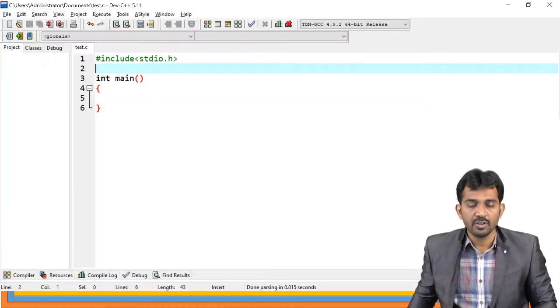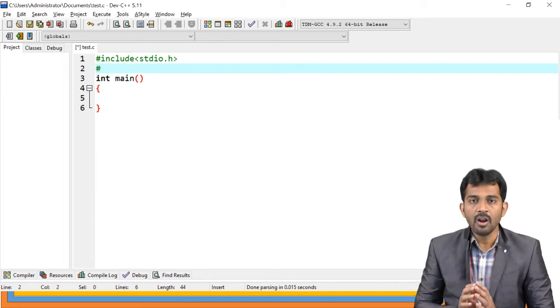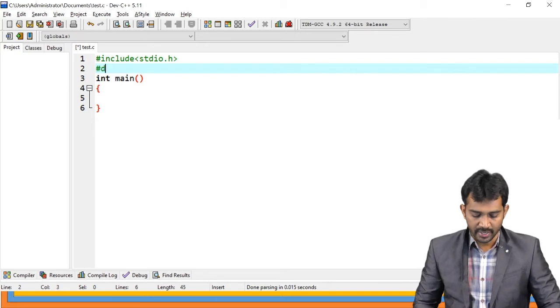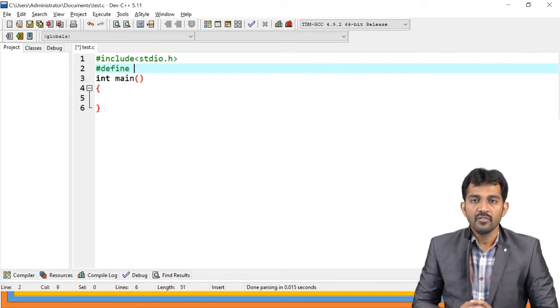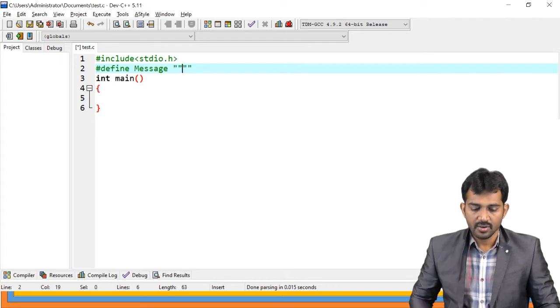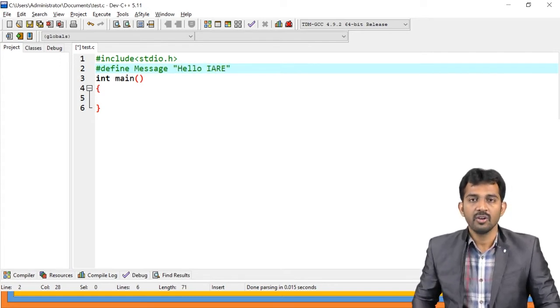For example, if you are going to define something, remember all preprocessor directives start with a hash symbol, right? Hash define, and for example I want to create a message. The message is hello IRE.